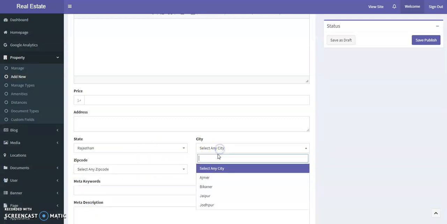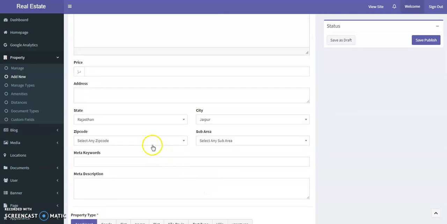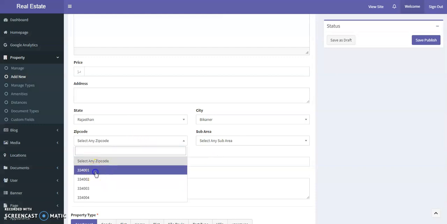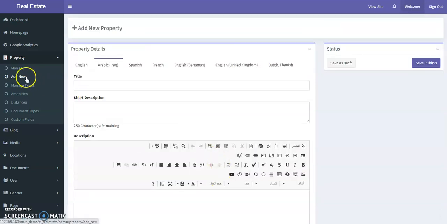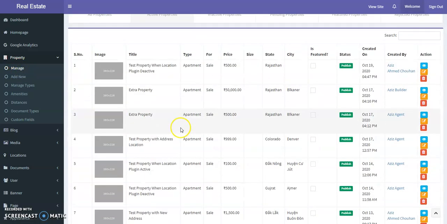Rajasthan, Jaipur, no zip code, no sub area. Now go to Bikaner and we can see these are the zip codes and these are the sub areas related to this property. Okay, so let's move on to manage properties and make some change in this property.